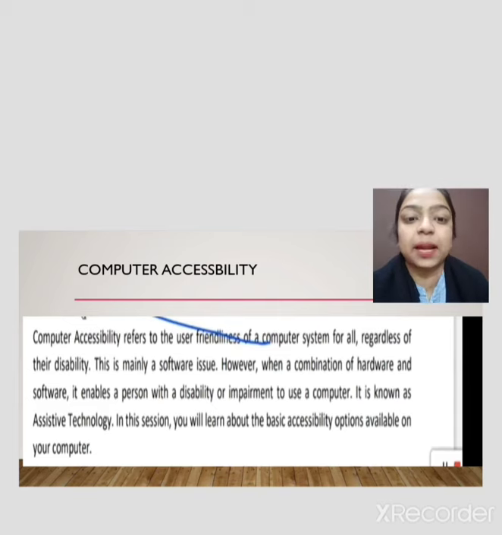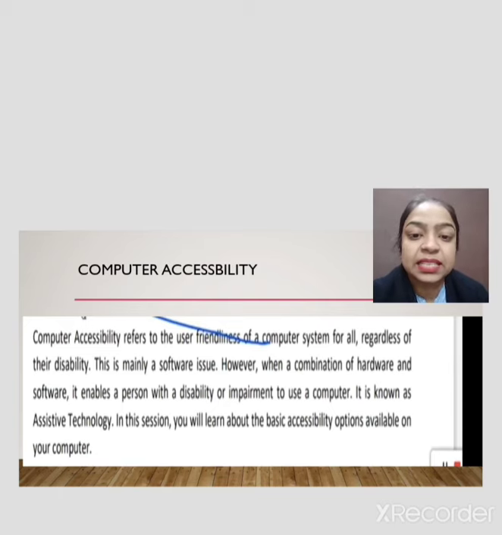For that purpose, we will discuss the accessibility options also available in the settings in your android or smartphones. So computer accessibility refers to the user friendliness of a computer system for all regardless of their disability, means the people who are disabled still can use digital technology, mobile phones.